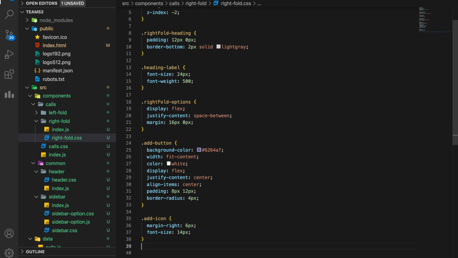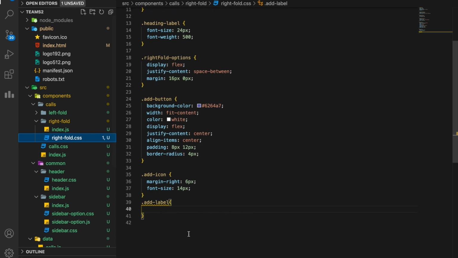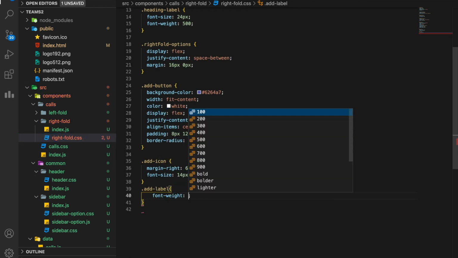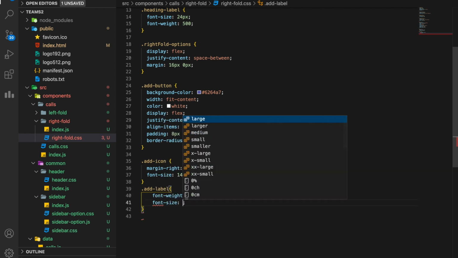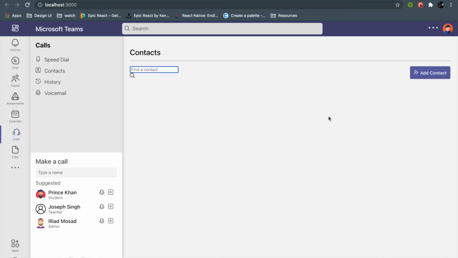A little smaller. Now again, add label is the add contact text, this text here, this is add label. So for add label I want a font weight of 500 first of all, a little denser, and a font size of 14 pixel again. So yes, my add contact is done.